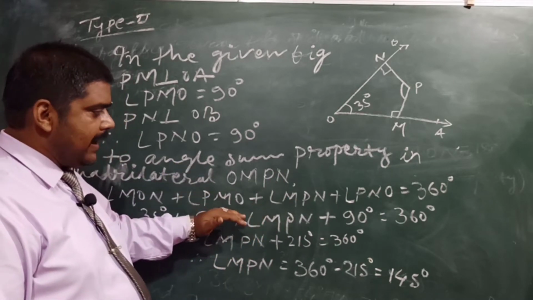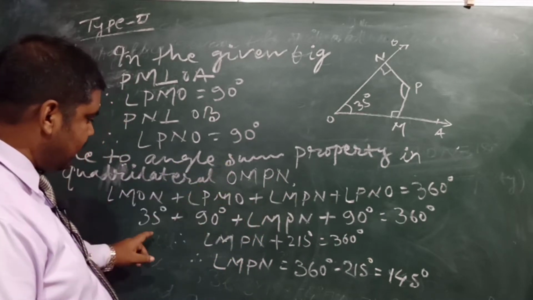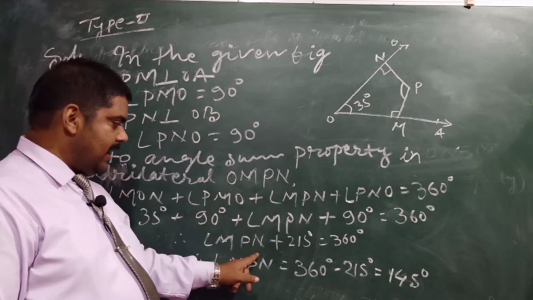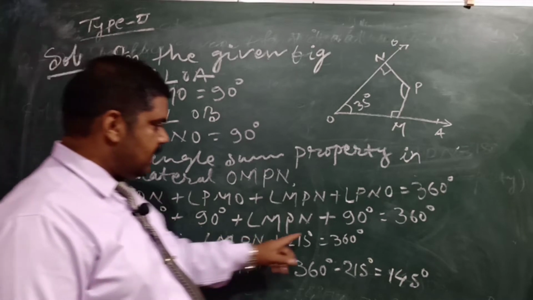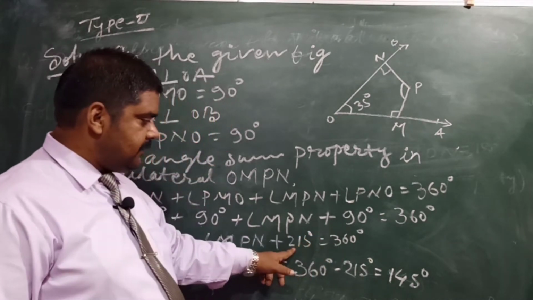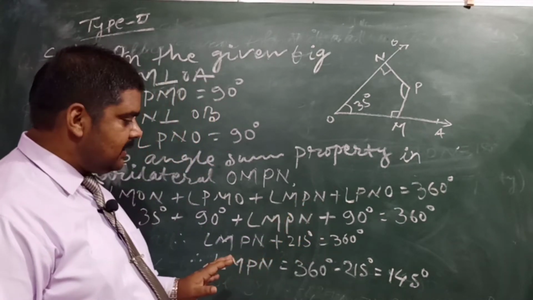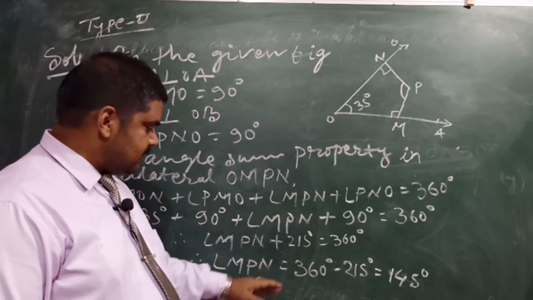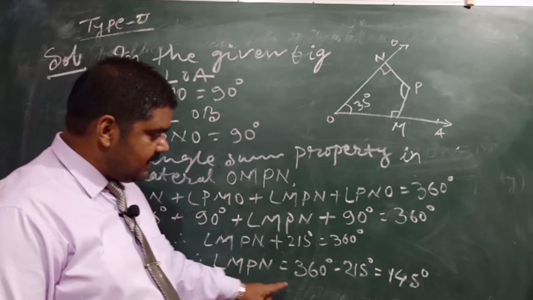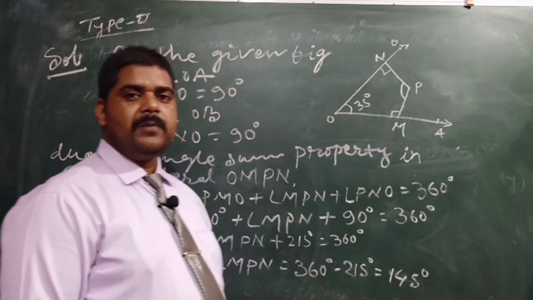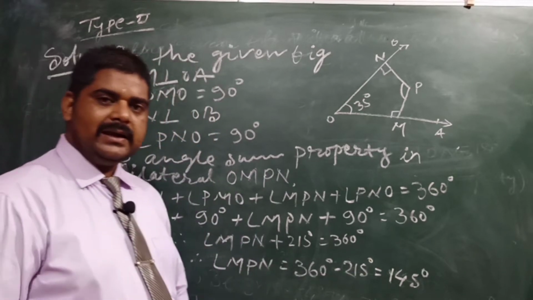Putting in all the values, we need to find angle MPN plus 90 plus 35 plus 90, which is 215, equal to 360 degrees. After transposing, you can find that angle MPN is equal to 145 degrees. Hence the required angle is equal to